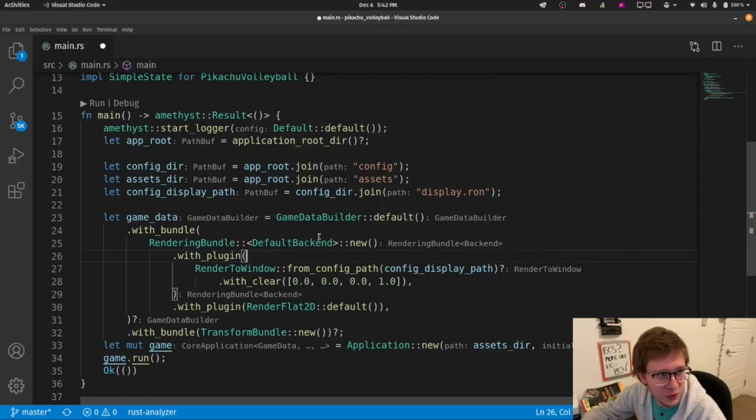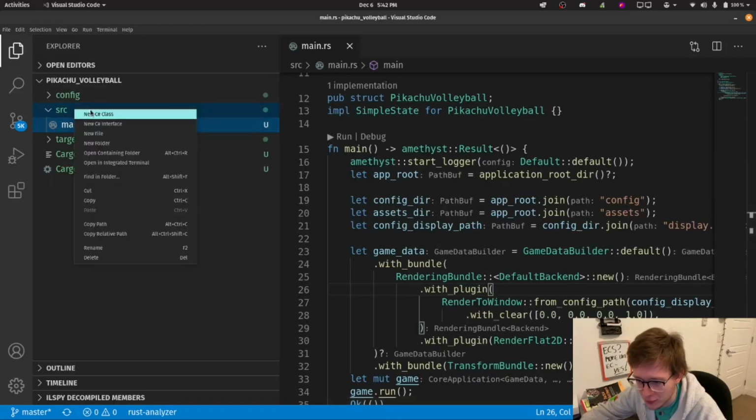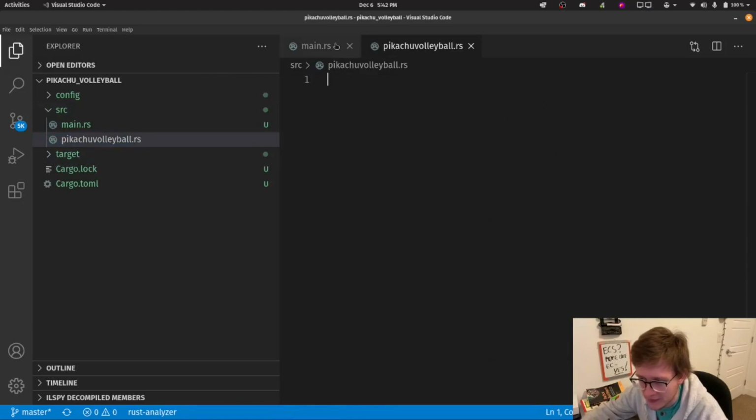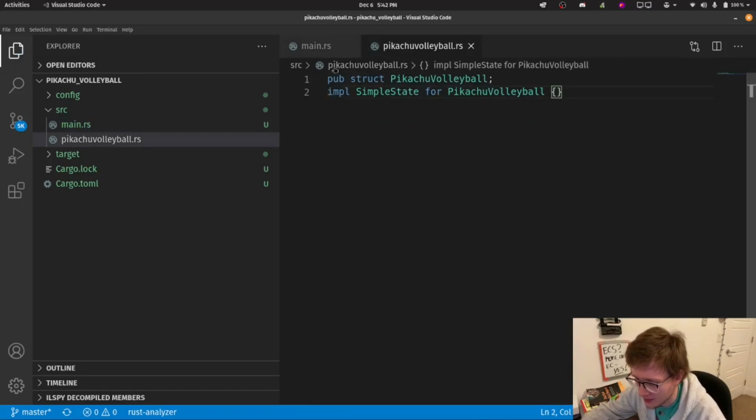Alright, so first of all, let's organize our code a bit by moving our game state outside to a pikachu_volleyball.rs file. So we'll create a new file, pikachu_volleyball.rs, and we will get our game state and move it right here.